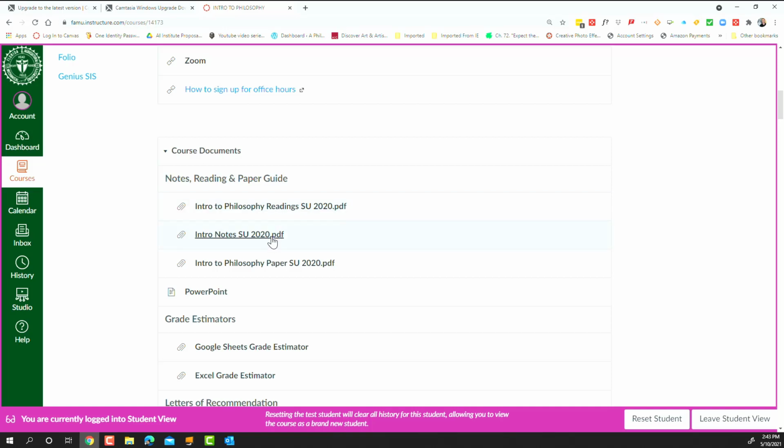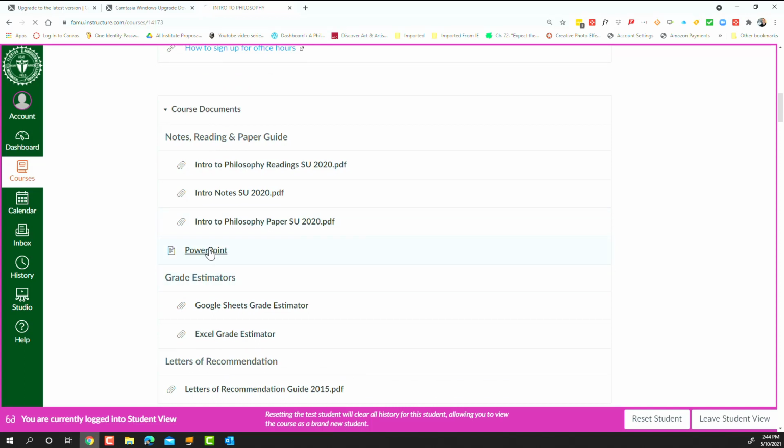There's also a full set of the notes from day 0 to the end, and these aren't broken up into hundreds of files, one for every reading. It's all the reading. So this is essentially like downloading the entire book. Same with the notes. The notes are all the notes, all the parts, and they're divided up by content and sections, but there's just one big note file to download. Here's the guide to the paper in PDF format, and it walks through the paper step by step exactly how to do that. There's also the PowerPoint,